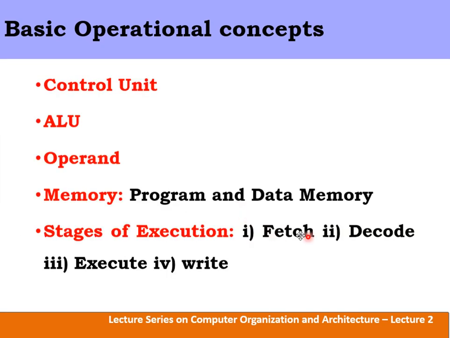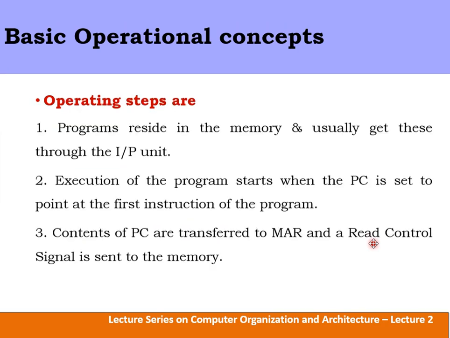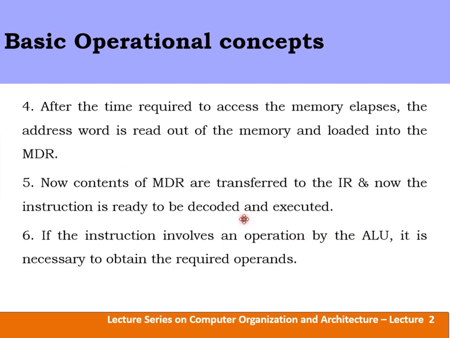So what is decode now? Decode is the second stage of the instruction. The first stage, fetching, is finished. Now the second stage is decoding. Decoding means we come to know what kind of operation needs to be implemented, and finally it is going to get executed. In order to execute, the instruction may involve a certain operation. It may include any arithmetic or logical operations. If that kind of operation needs to be performed, then I have to take the help of the ALU, the arithmetic logic unit.